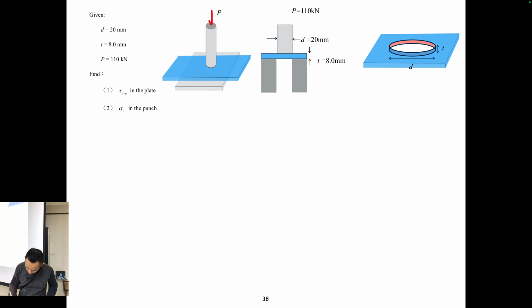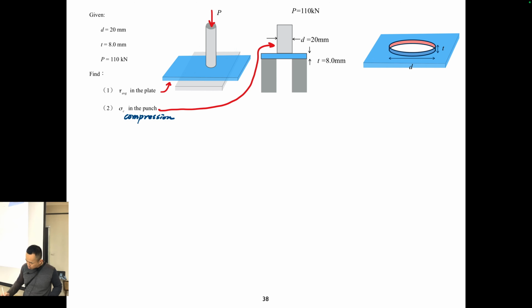Punch. We're going to punch the hole. Okay, there's a hole on it, and we are going to determine tau average in the plate and sigma c in the punch. Okay, easy. Tau average in the plate and sigma c in the punch. And C means compression,